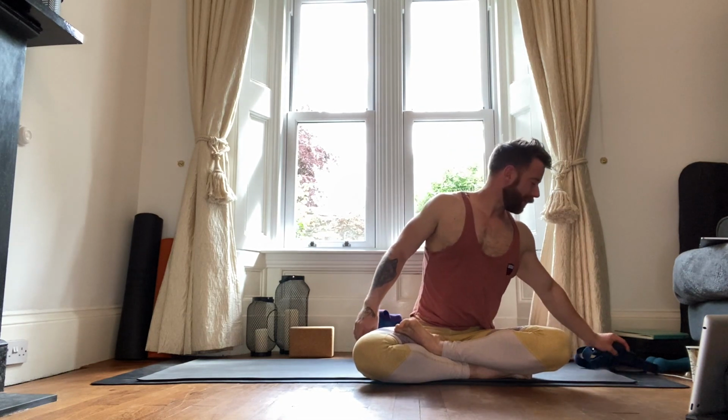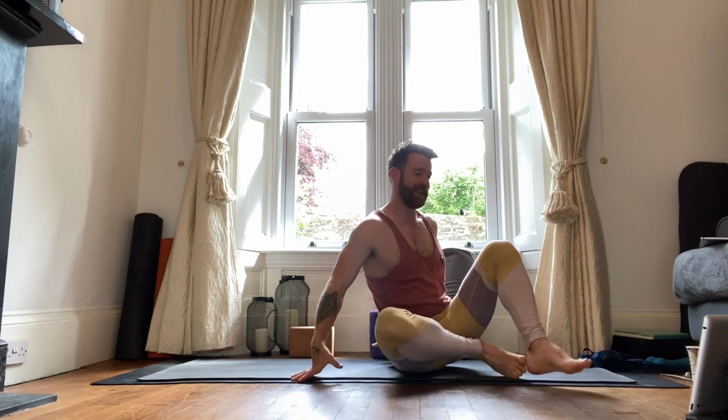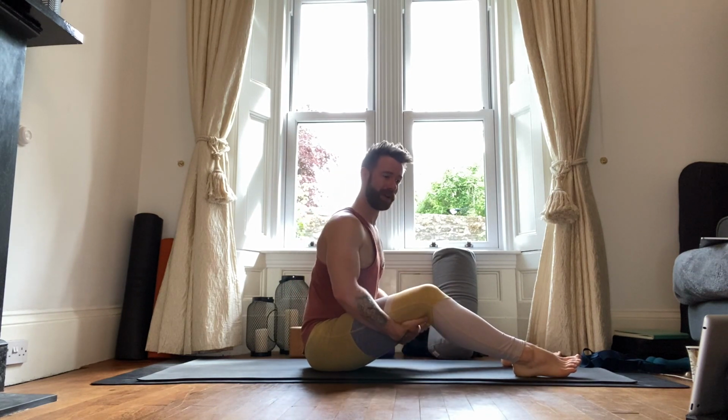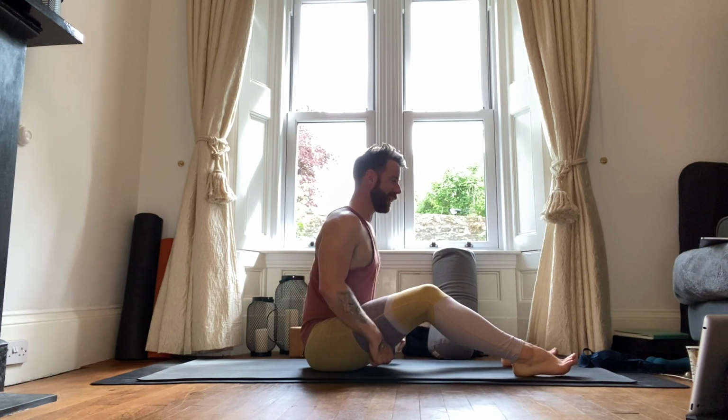It's a deceptive wee creature. All right, release the legs, set your feet flat, roll to your left-hand side, and then bring yourself up towards seated. The next pose, as we have been working, has multiple strategies, but I would say it's useful to have